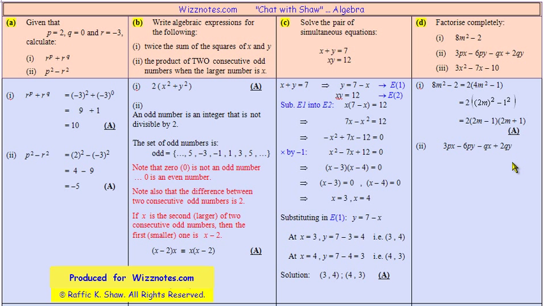Now when you do a factorization by parts, what you do, you look for a common factor in the first 2 terms, and then you look for a common factor in the second 2 terms, and you factorize it in such a way that one factor that you end up with from the first 2 terms also exists in the second 2 terms. So let's go ahead. So the common factor in the first 2 terms is going to be 3p, because 3p can be divided out of this, and 3p can be divided out of this. So 3p is going to be the common factor of the first 2 terms,